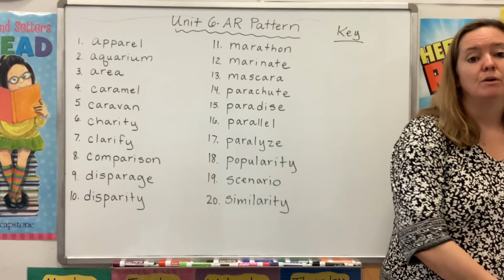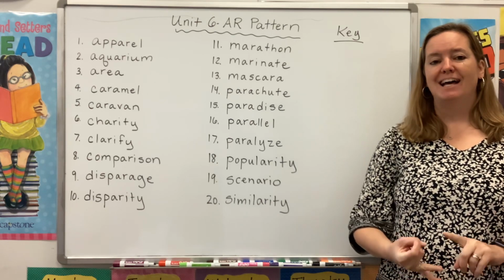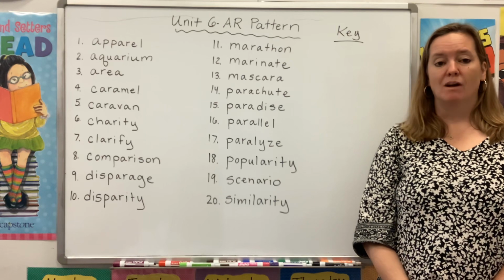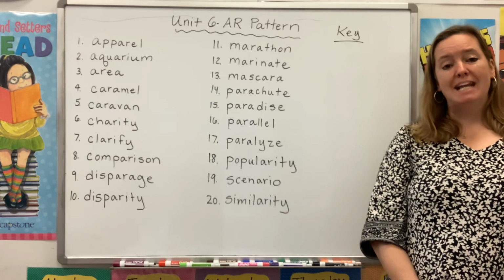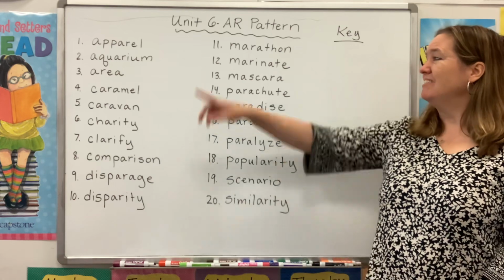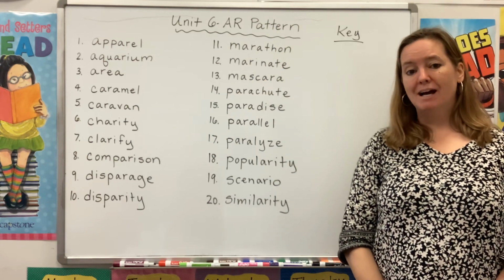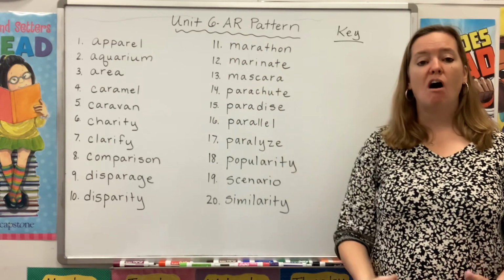All right, so for the last 5 weeks, we focused on short vowels: A, E, I, O, U. We also talked about the letter Y and how it sometimes takes on a short I sound, especially in words of Greek descent. So for the next couple weeks, we're going to talk about R-controlled vowels. Remember, even though A says A, when you put it in front of an R, it takes on a whole new sound. Now, way back in 1st or 2nd grade, you probably learned that AR says R in words